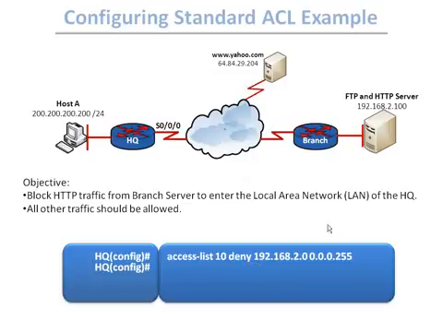We want to deny the traffic that is coming from the branch network, so we have to type 192.168.2.0 and then a wildcard mask of 0.0.0.255. Okay, but then we want to permit everything else. If we leave the access list like that, remember in the end there is an implicit deny everything, so this access list will block absolutely everything. So that is why we have to type the next command, which is access-list 10 permit